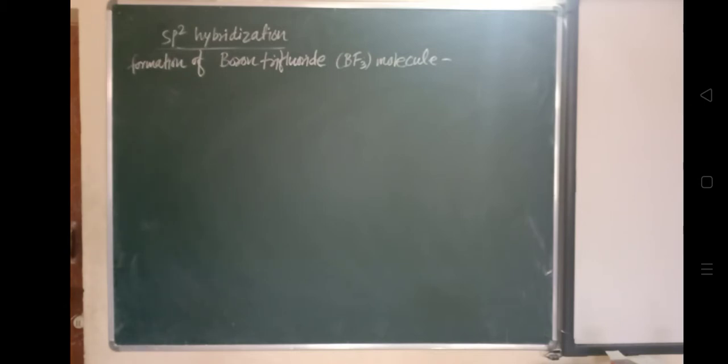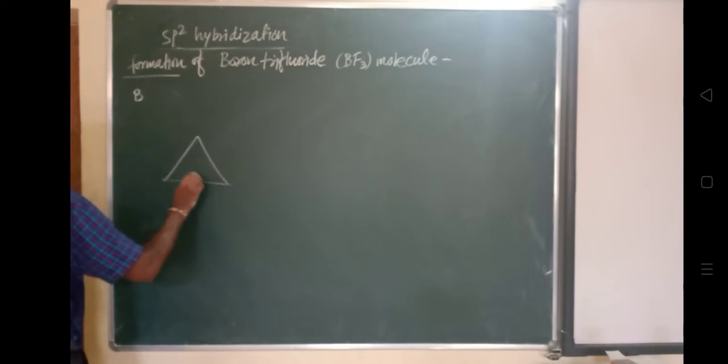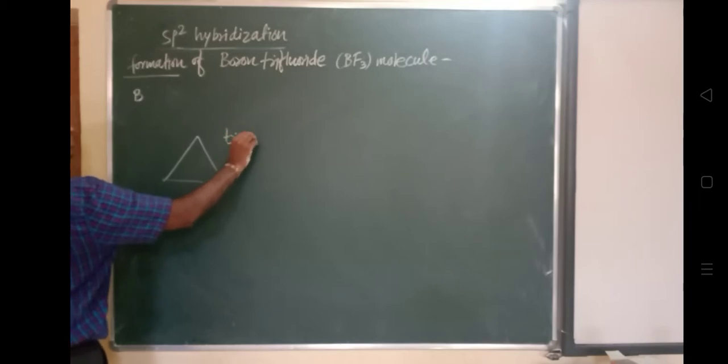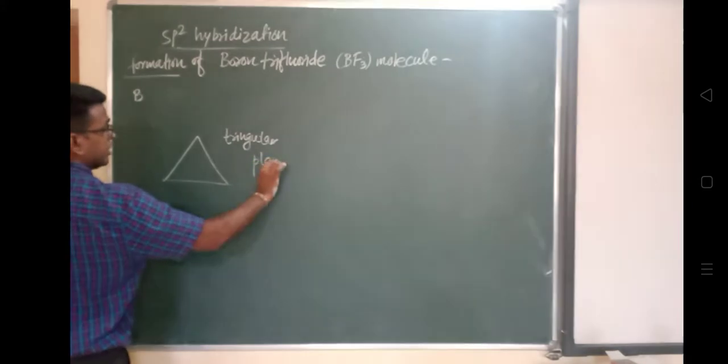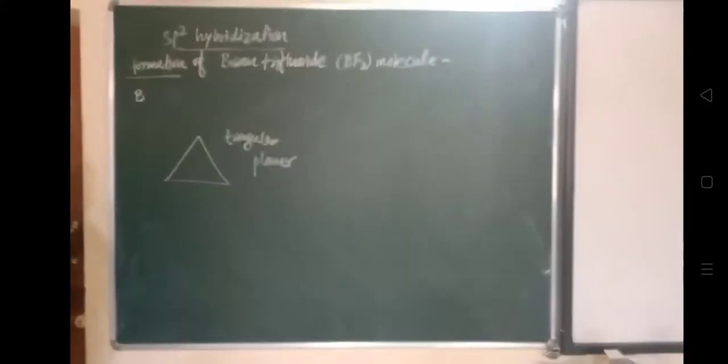Then for sp2 hybridization of boron, let us look at boron in the ground state. We will draw the electronic configuration. It has the 1s orbital in its ground state like this, then the 2s orbital. In 2s there are 1, 2, because the atomic number is 5: 1, 2, 3, 4, 5. And now it will have 1, 2 in 2p.